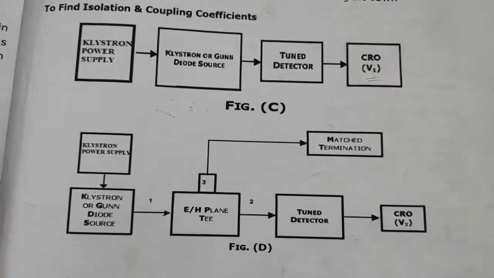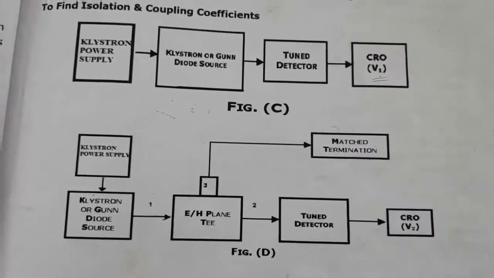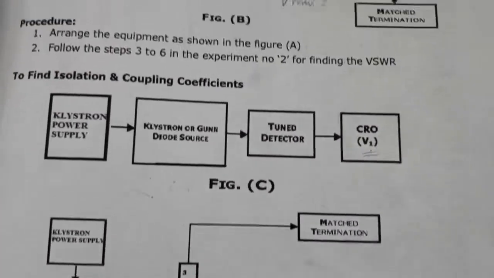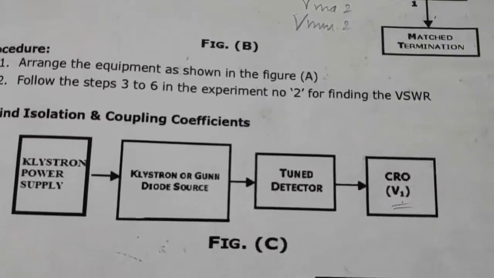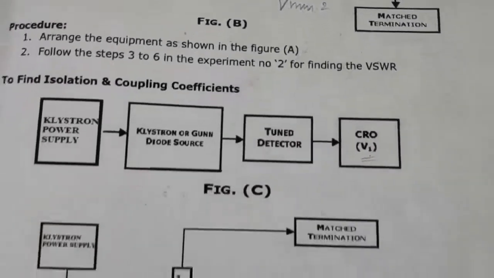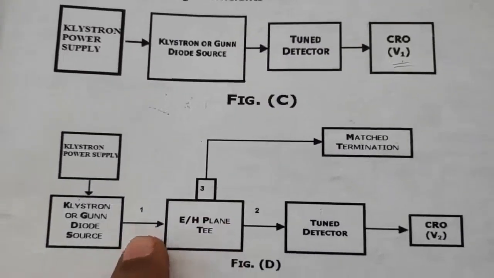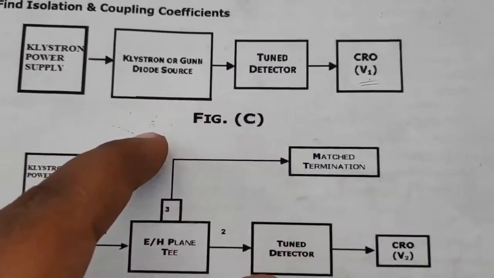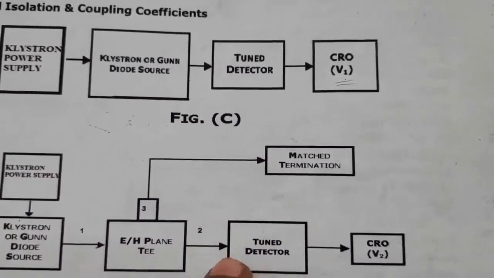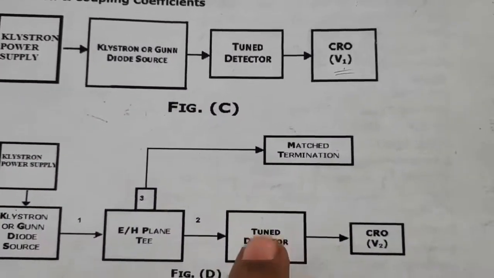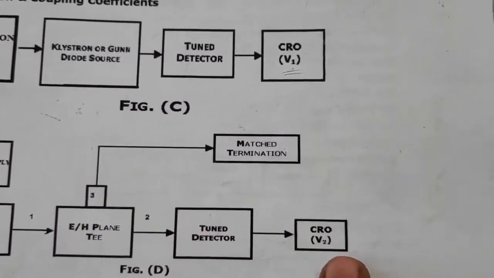So in order to find the S parameters, we need to measure the voltage values. First, when we connect the detector mount, we note down the voltage V1. Now we have connected port 1 to the input, and port 2 and port 3 are match terminated. Now remove the match termination of port 2, connect the detector mount here, and measure the voltage